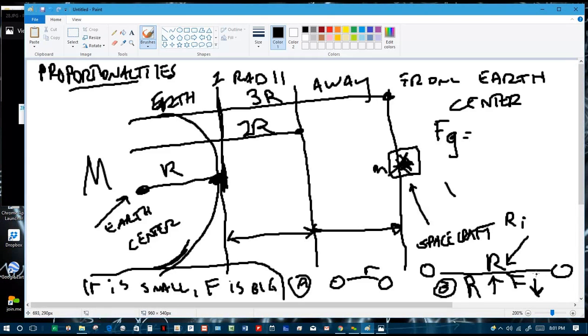And that idea that when one gets big, the other gets small, or when one gets small, the other gets big, is that called directly proportional or inversely proportional? Inversely proportional, exactly. And when you identify that idea, which he certainly did, he probably played with magnets and identified that idea, and he probably logicked out in his mind that planets might be the same way,